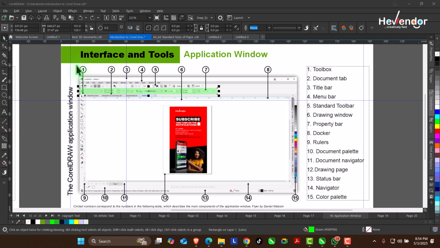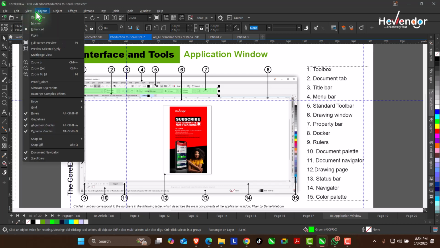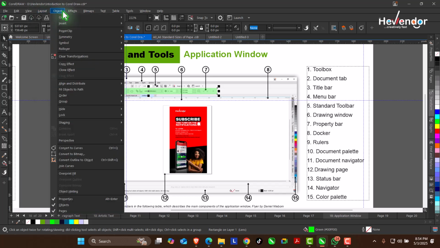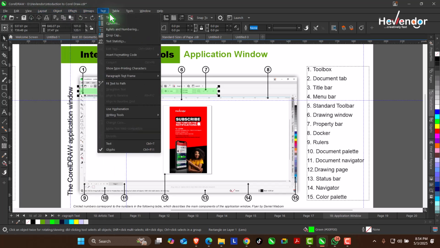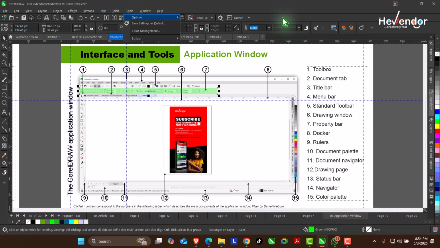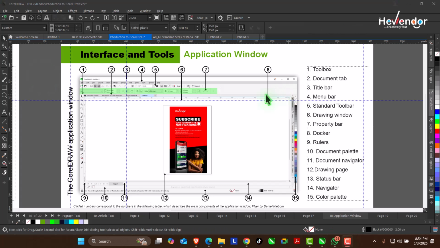Let's look at number 4, which is the menu bar. I have showed you, okay. The menu bar has all these commands, okay. You have the view, insert, effect, bitmap, very interesting tools. Then very, very importantly, so you can see,